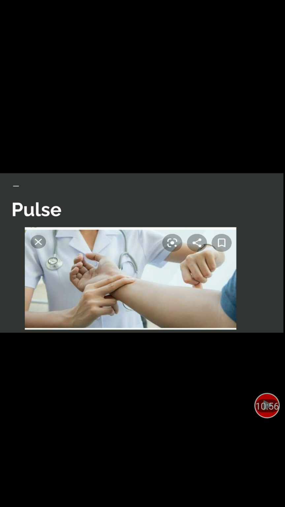The number of beats per minute, you can count, is around 72 to 80 beats per minute. So, I will repeat that: the number of beats per minute is called the pulse rate. That comes around 70 to 80 beats per minute. In some other parts also you can find throbbing movements. So you find out where you feel that.